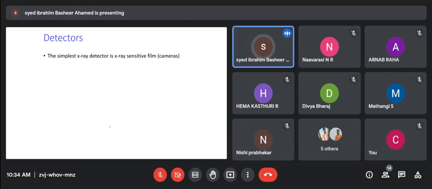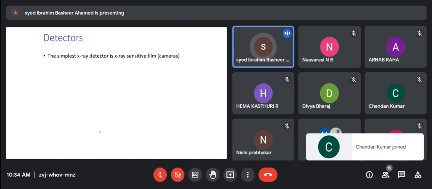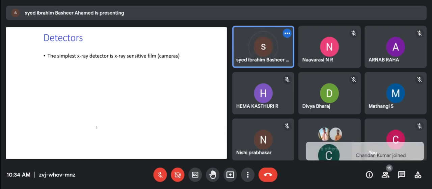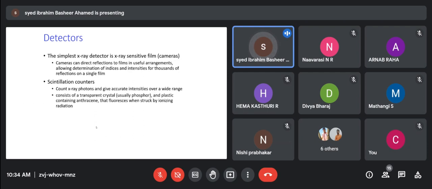So last class I started speaking about the third unit. I was giving you basic information about crystallization, crystallography, all those things. Then I was introducing the X-ray generator and X-ray machine detectors. We saw the detectors, and I told you about the X-ray film.